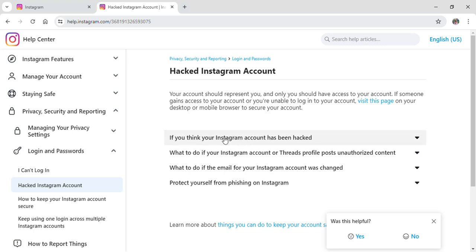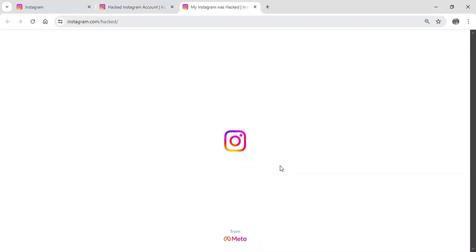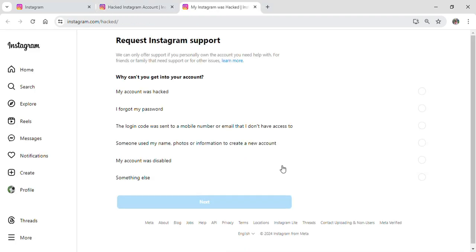And now click on if you think your account has been hacked. After that, it will show you a link that you need to go into. Click on visit this page. After that, you'll be redirected to the help center of Instagram, where now you need to give them the trouble